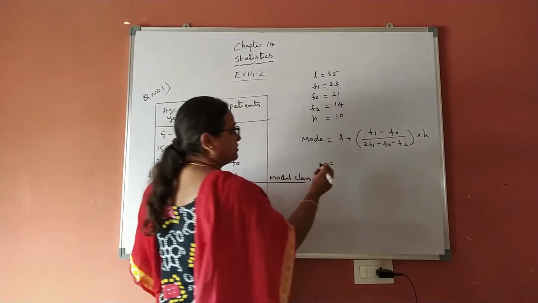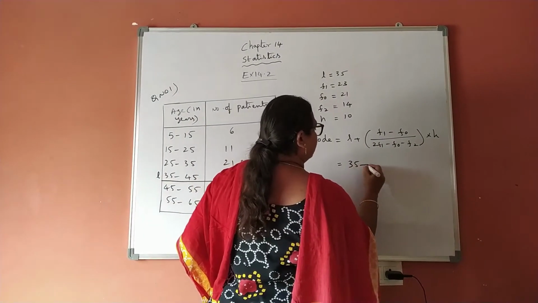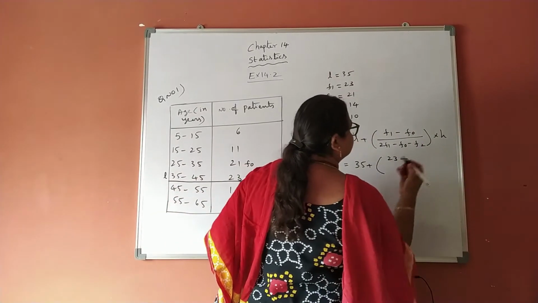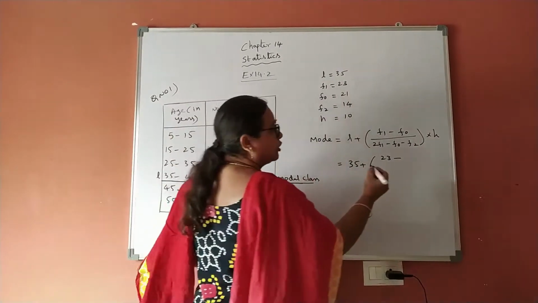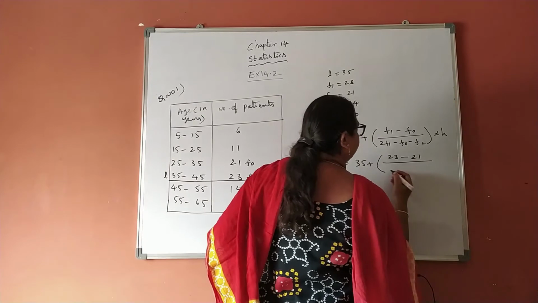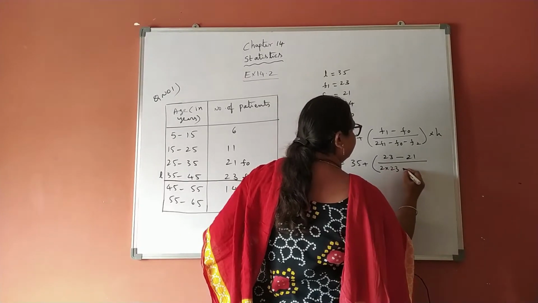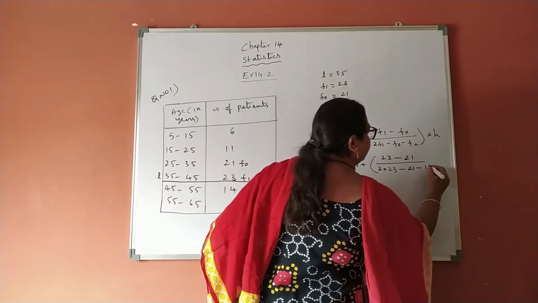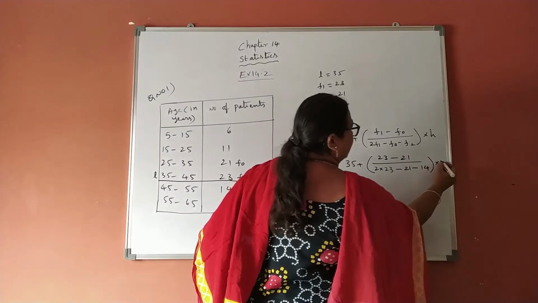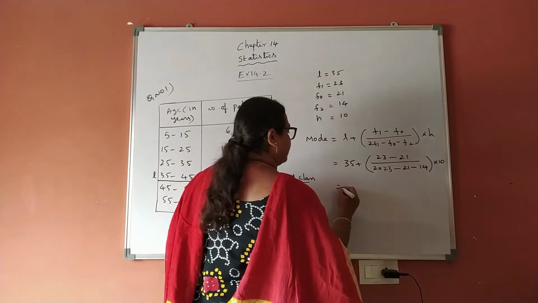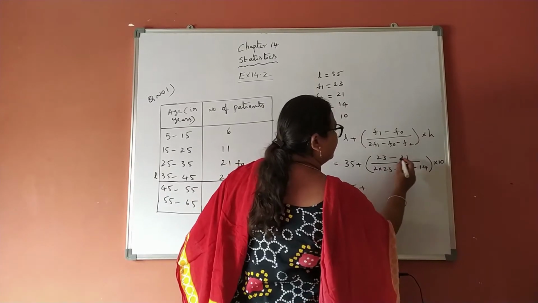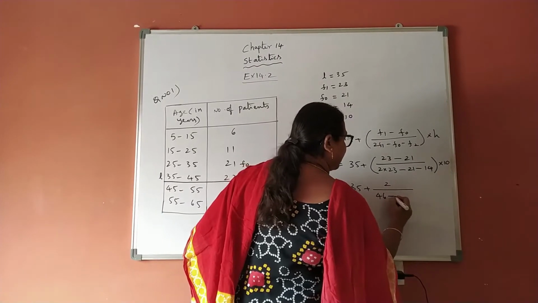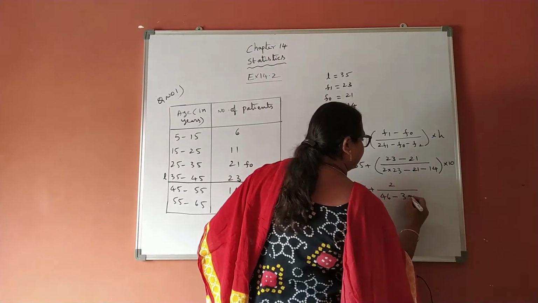L is 35, F1 the frequency of the modal class minus F0 the frequency of the class preceding the modal class, that is 21, by 2 F1, 2 into 23, minus F0 21 minus F2 14, into H, the class size, here it is 10. So 35 plus (23 minus 21) 2 by (2 into 23) 46 minus 21 minus 14, 35